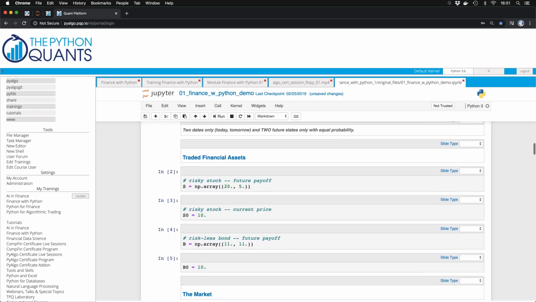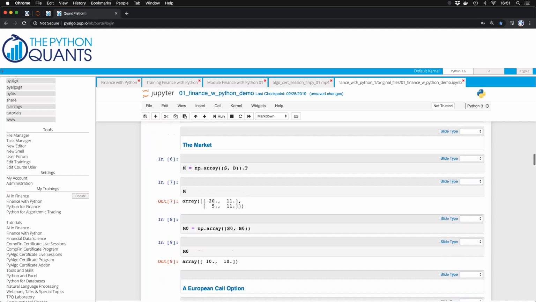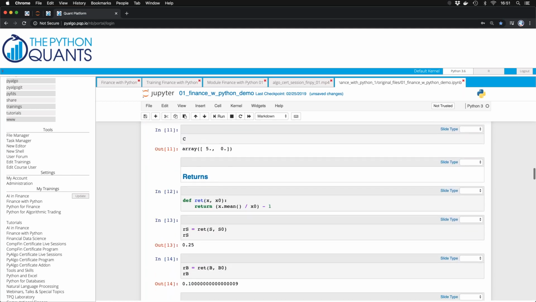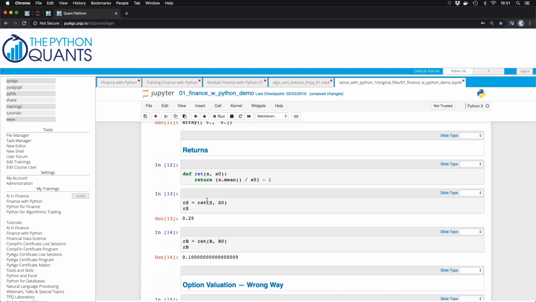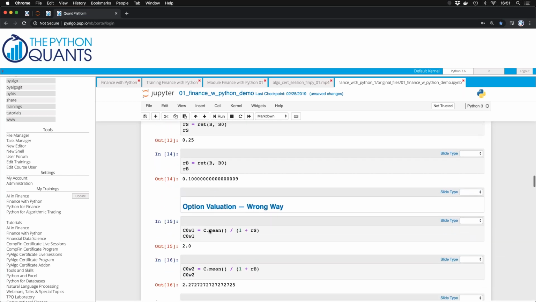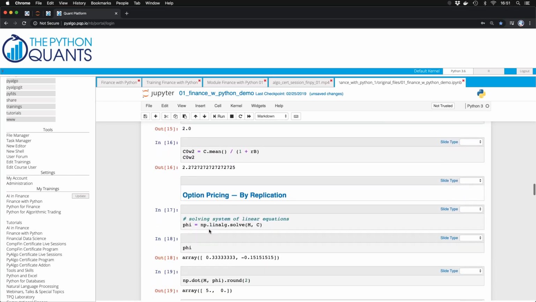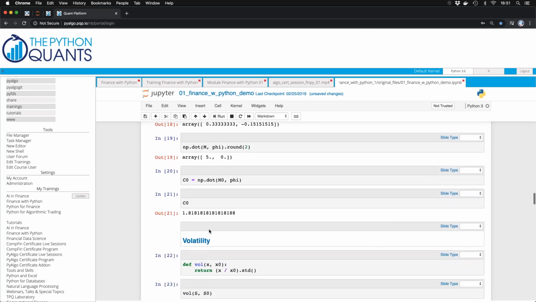Then you have here access to the code in the form of the Jupyter Notebook. So you see here very simple, straightforward code, all pretty concise, nothing too involved. This is what the first class is about. So we have the text, we have the videos, and we have the code.